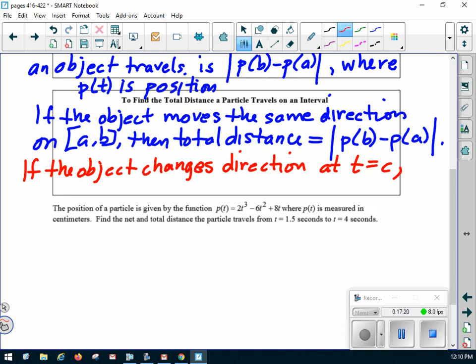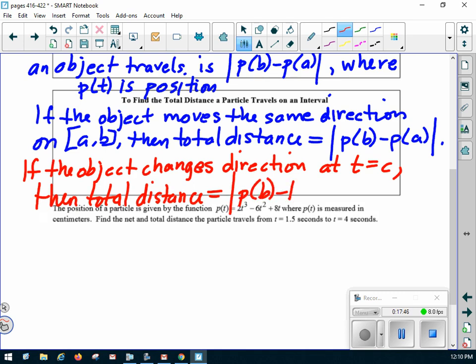You got the right idea. Well, the position, right? Then total distance is